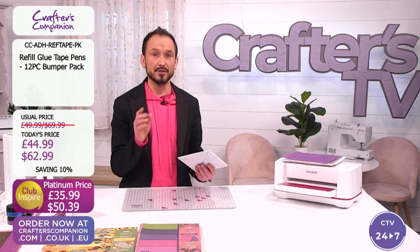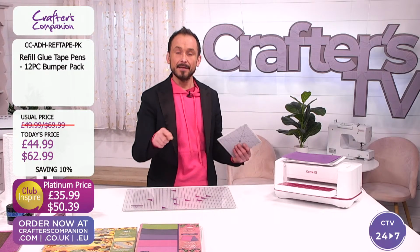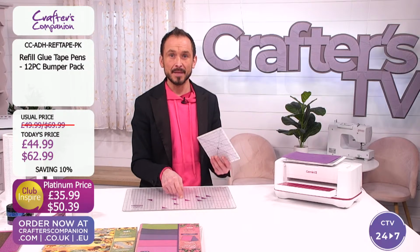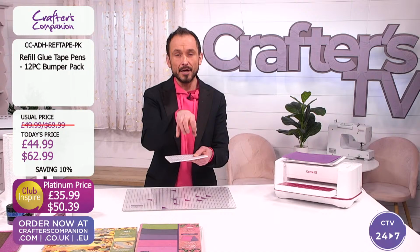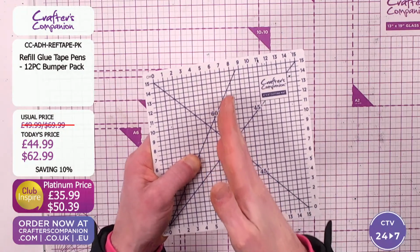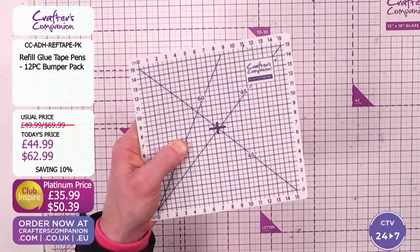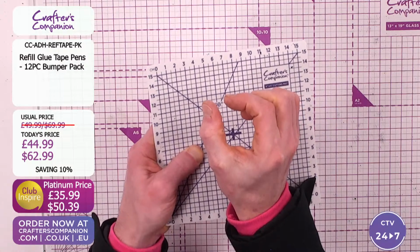Personal preference. I don't use a self-healing mat a lot because I feel more comfortable using my glass mat. Again, it all depends on the cut of the craft knife. If you want that glide, the best one to use is a glass mat. If you want that control where your craft knife goes into your craft mat, so essentially you're getting a bit of a drag, because the point of your blade is going inside, the craft mat is hugging your blade,